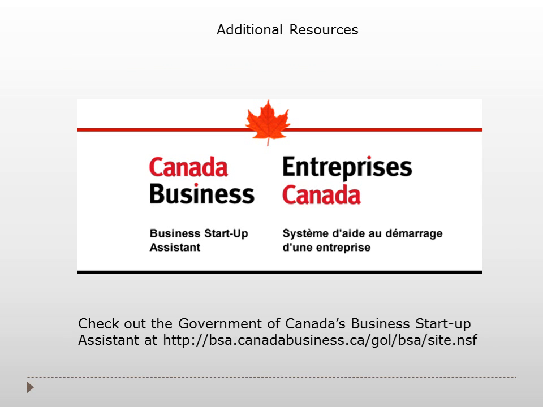This is a good place to go if you're looking for some information on starting up a business. Canada Business is a website, and you can copy down the URL there and go. There's lots of information on the different forms of business organization and franchising, and what you need to do for licensing, and how to go about getting set up, how to incorporate, some of the considerations to think about if you're looking at starting up a business in Canada. So bookmark that site, Google it, bookmark it, and come back there often when you're ready to start your own business.